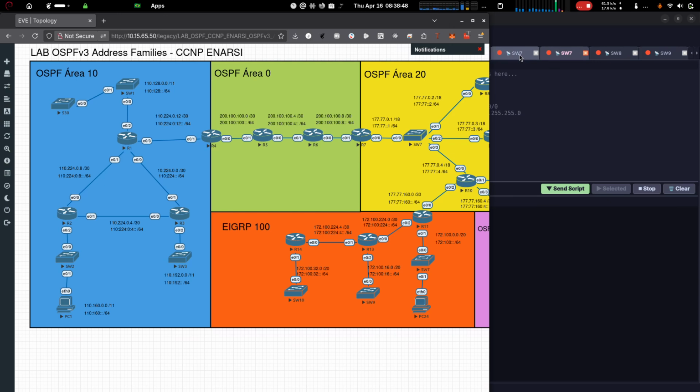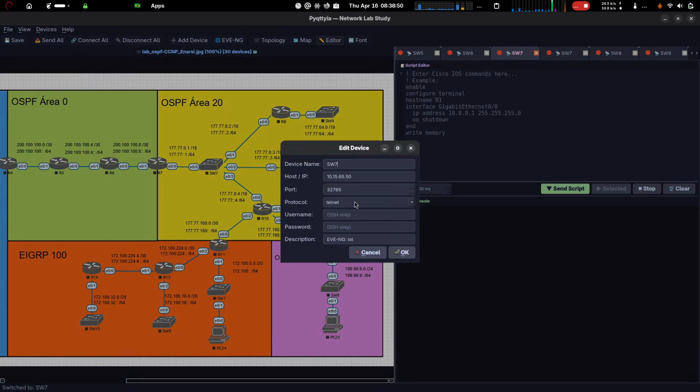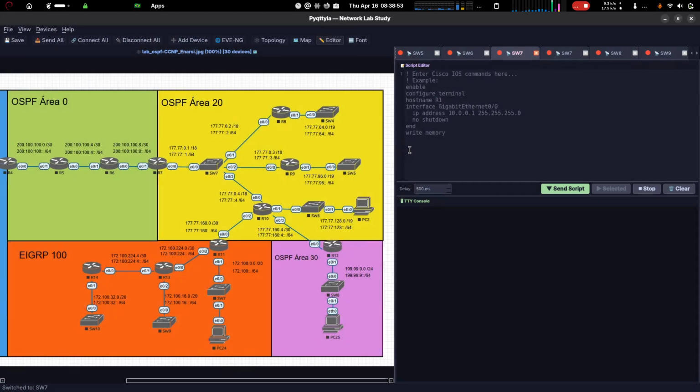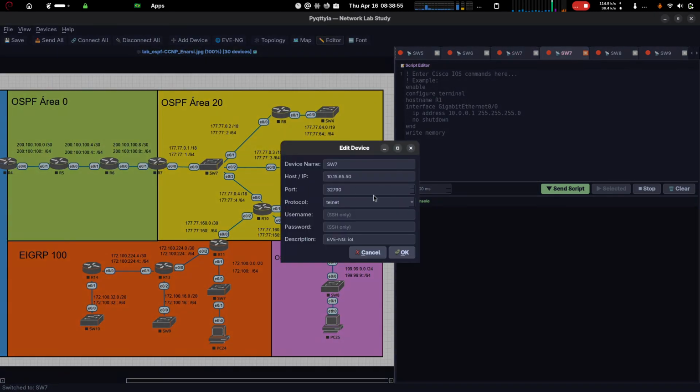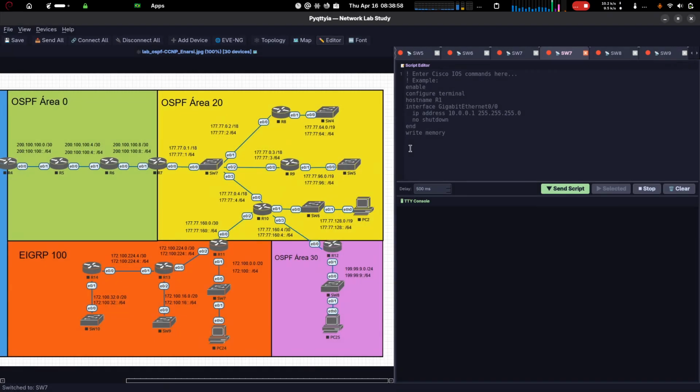Because here it goes by IP import, instead of mapping by name. So if I look at this first one, it has the final port 85, and on this second one, it has the final port 90. So from Eve to here, it gets mapped correctly, but here, since it's by name, and in order not to repeat the name, it placed SU7 here, and SU7 lower here. To avoid repeating the name, it placed this lower here, but it won't do anything. So if I'm here on number 5 and click on lower, it doesn't go to it.